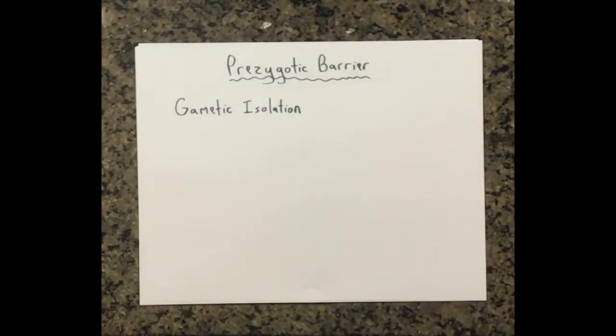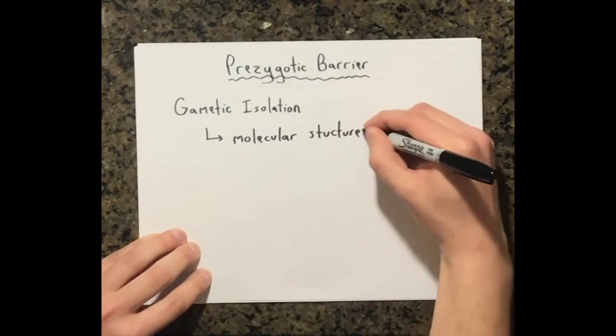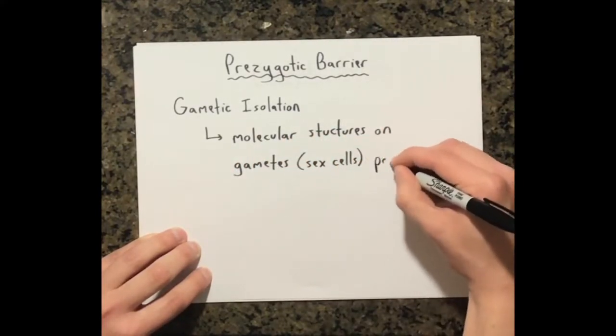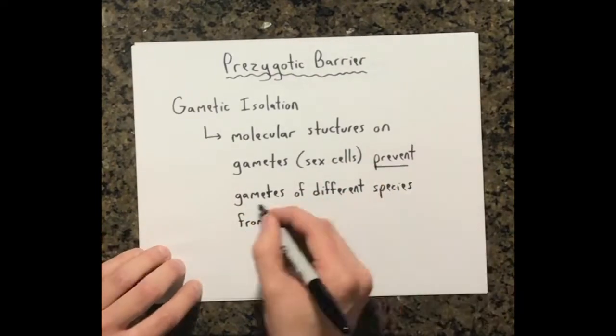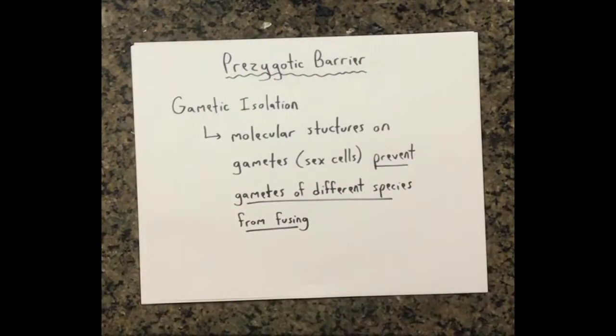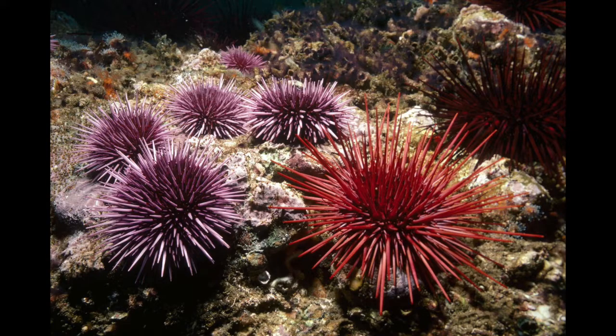As a final type of prezygotic barrier, there can also be gametic isolation. This is when the gametes, or sex cells, of two closely related species are molecularly incompatible, thereby preventing a zygote from ever forming. Gametic isolation can be seen in sea urchins, which release their gametes into the water to be picked up by another sea urchin of the same species. The gametes of a purple sea urchin and red sea urchin both have surface proteins that prevent a hybrid zygote